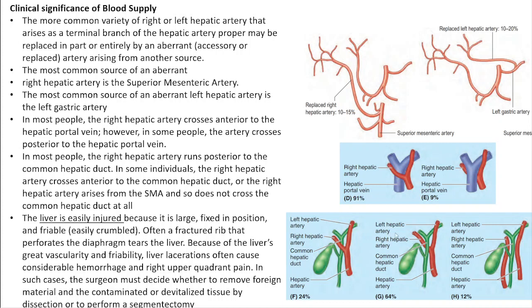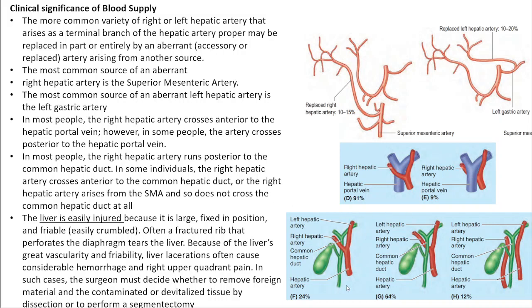Also, the right hepatic artery usually crosses behind the common hepatic duct to the right side, and then it gives the cystic branch in this triangular area, which is called Calot's triangle or the cystohepatic triangle, which we'll study in tomorrow's lecture. This is the variation in the majority of people, whereas in some percentage of people the hepatic artery crosses in front of the common hepatic duct, and in a lesser percentage it might come from the superior mesenteric artery, in which case it never crosses the common hepatic duct because throughout its course it lies to the right side of the common hepatic duct.